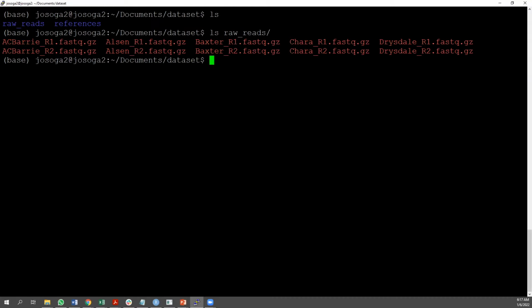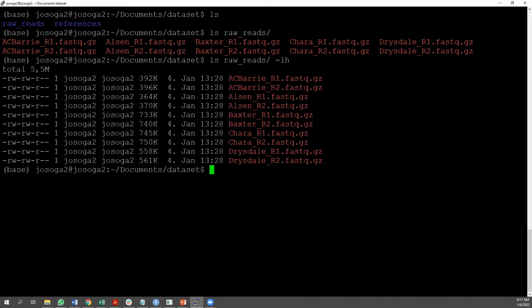Another interesting thing about my files is that they are quite small and they are atypical. You're never going to see this kind of file on the internet for real scientific projects. They are in the range of 392 kilobytes, and usually you should have about 1 gigabyte for humans, at least. I mean, 2 gigabytes sometimes. However, the command is the same irrespective of the file size. But the reason why we are using them is for the sake of time and what is feasible